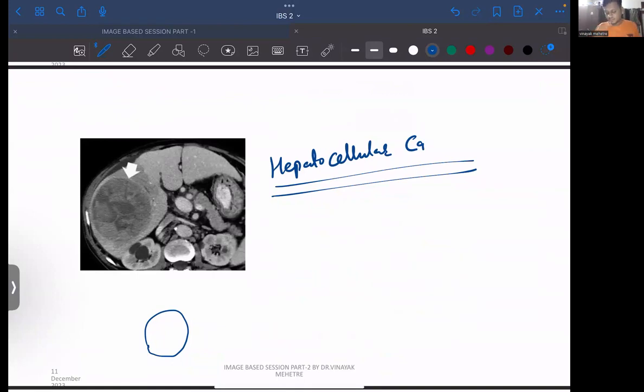Associated with किसके साथ होता है, which viruses, hepatocellular carcinoma is associated with what, anyone, ये तो पता है, hepatitis B, hepatitis B and HIV, HIV में भी मिलेंगे।